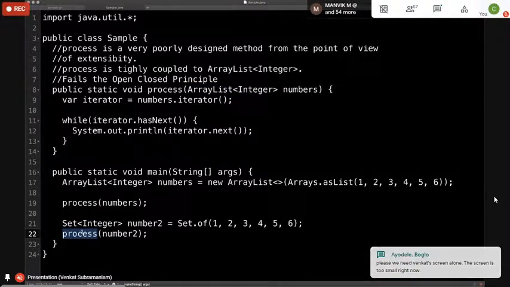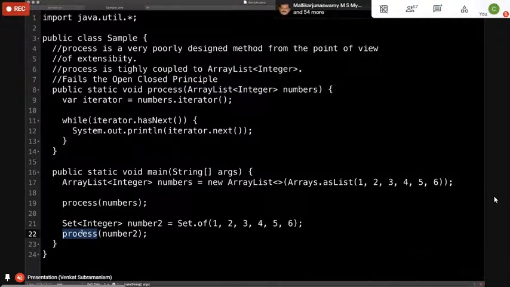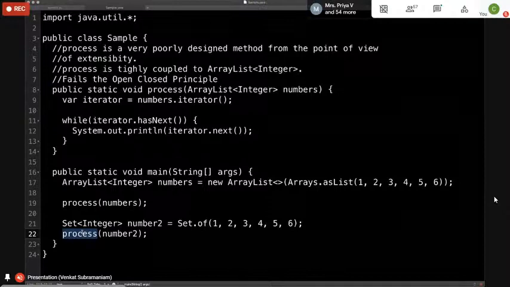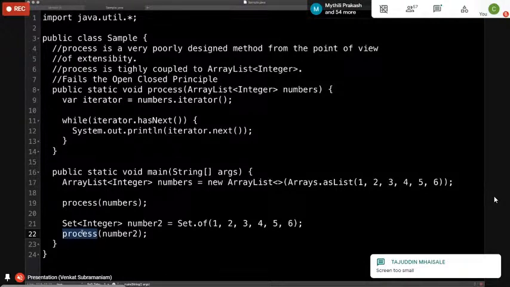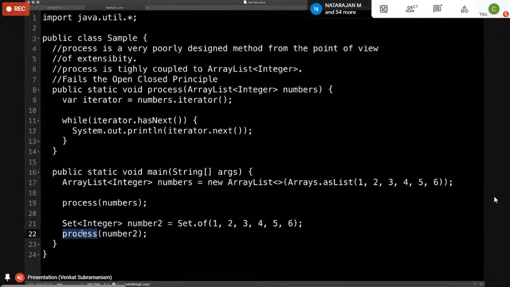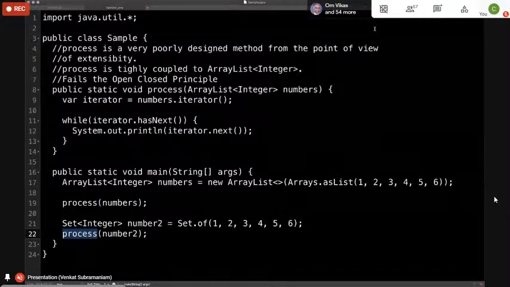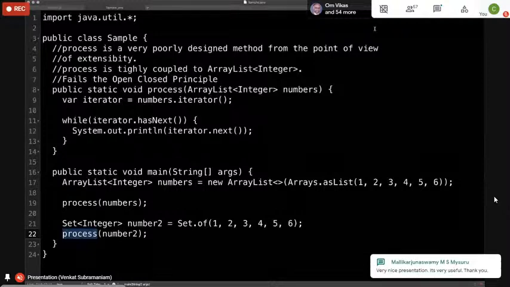So somebody is saying the screen is too small right now. So if there is a way for one of the organizers to please take a look and make the screen bigger so they focus more on the code than on anything else, that would be really useful. So thanks for that feedback. Thank you. Yeah, screen is too small. Okay, so if anybody can fix that, that'll be great. I don't have control over it right now, how to do it. But if one of you can take care of that, or maybe there's a setting on your side where you can make the screen bigger.